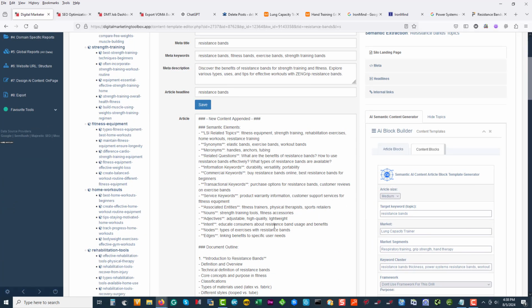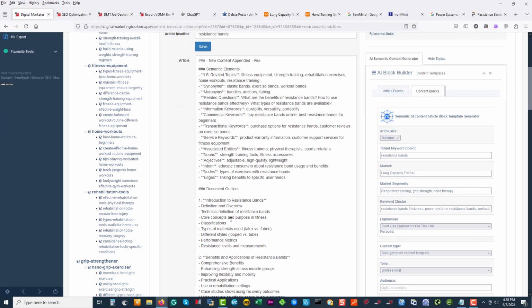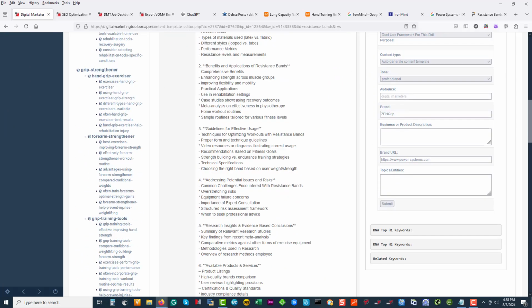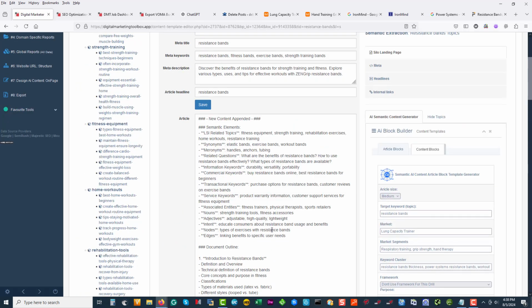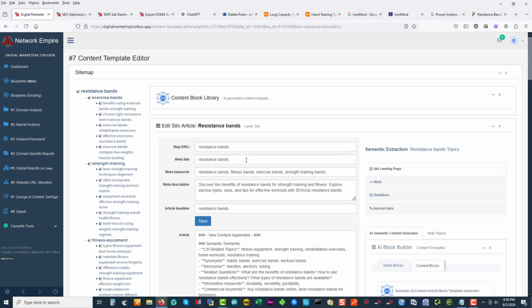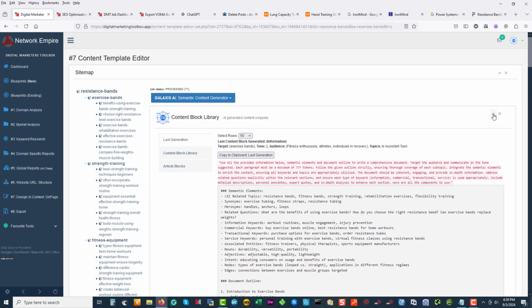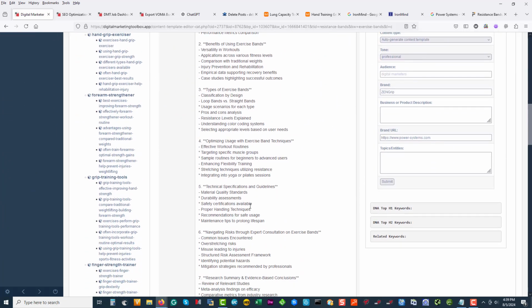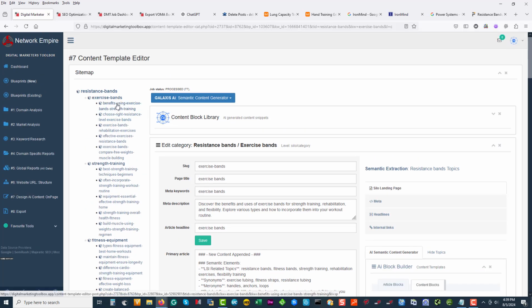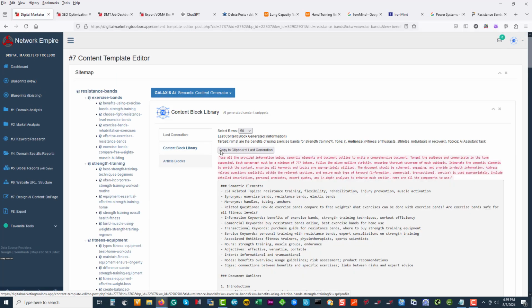So it gives us our keywords. So if you guys are using AI tools within your WordPress, you can actually use this and quickly knock out your article. So that's great how DMT basically gives you all the building blocks you need to write really quality content. So if we look at exercise bands, you can see it's done the optimization. If we go down to the benefits,